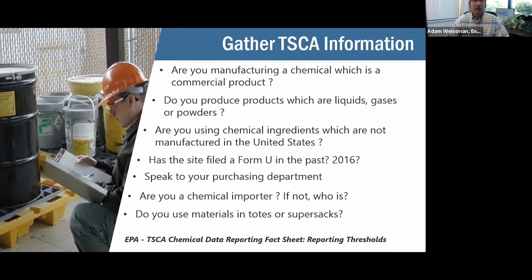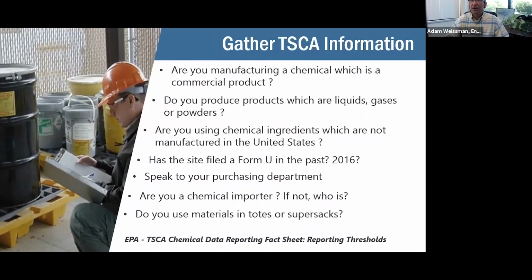Certainly you could do a more formal audit under TSCA, formally audit and document whether TSCA is applicable. But to just keep it somewhat simple, are you manufacturing a chemical which is a commercial product? I'm going to talk a little bit more about what is a chemical for a commercial product. But, are you manufacturing chemicals? Are you literally a facility that's manufacturing chemicals which you sell?